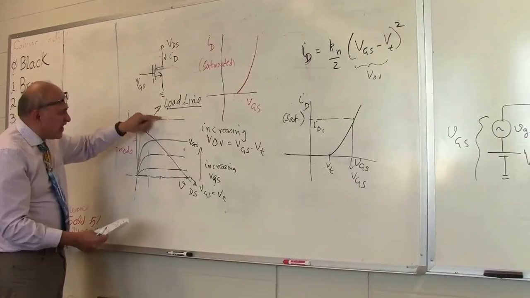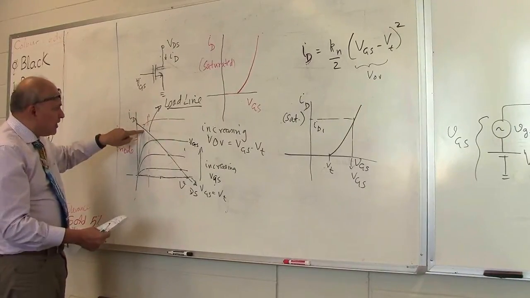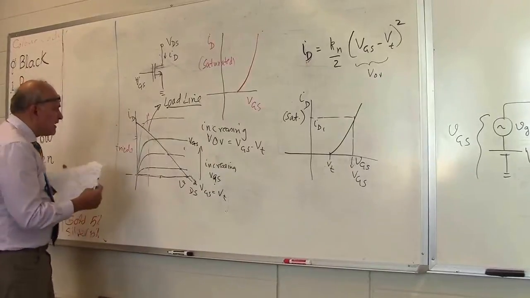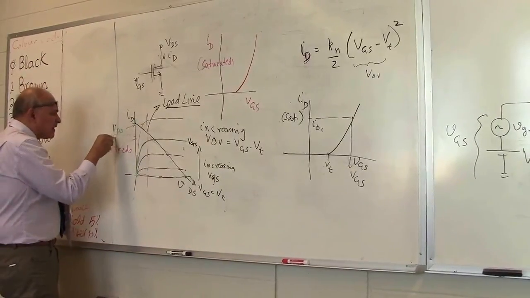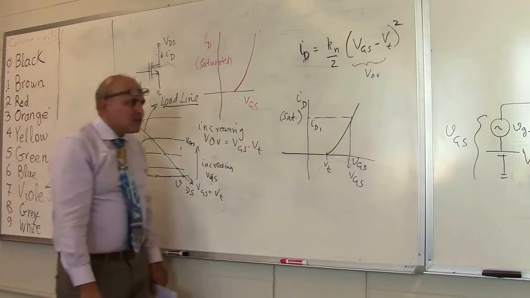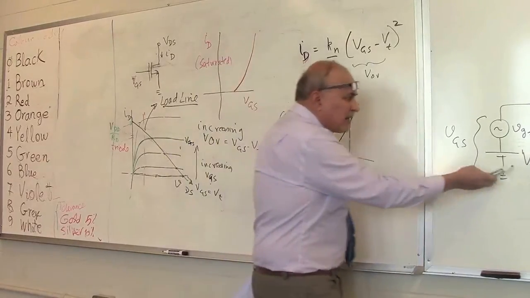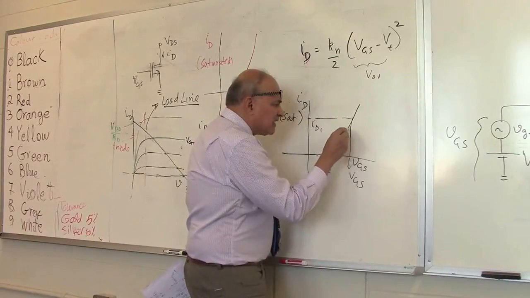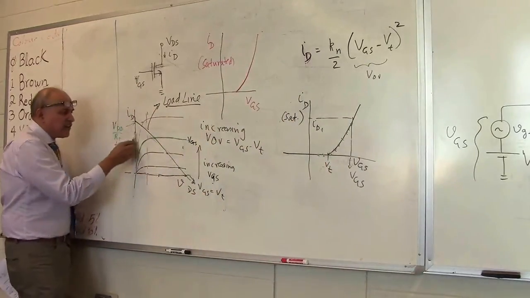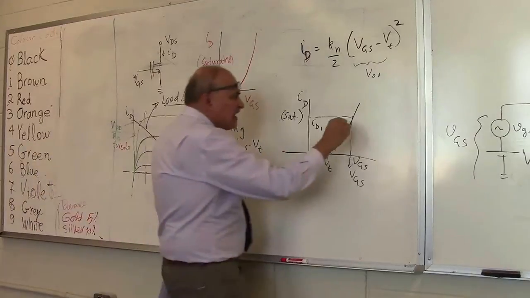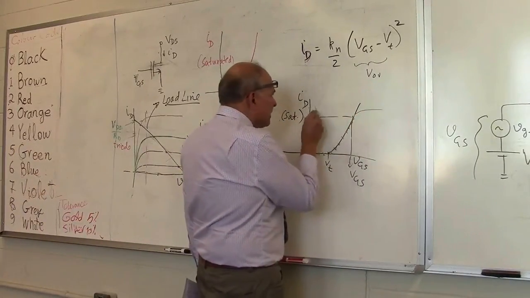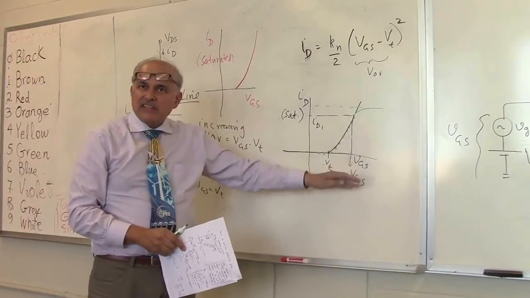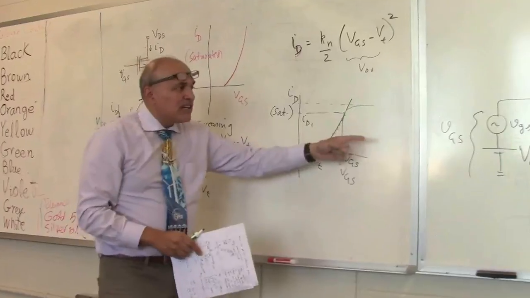But then at some point, if I make VGS even larger, then I will go into some other mode. And the ID will no longer be that value, but it will be less than that value. And in fact, the ID will never exceed VDD divided by RD, because it must be constrained to the load line. So what will happen is, if I do these plots, as I increase my VGS, I will follow this characteristic because I'm still saturated. But at some point, for a very large value of VGS, I will exit the saturation region, and I will settle down to some other value, which is not going to be bigger than VDD divided by RD. So you will trace out the characteristic ID versus VDS for saturation precisely, until, of course, your circuit